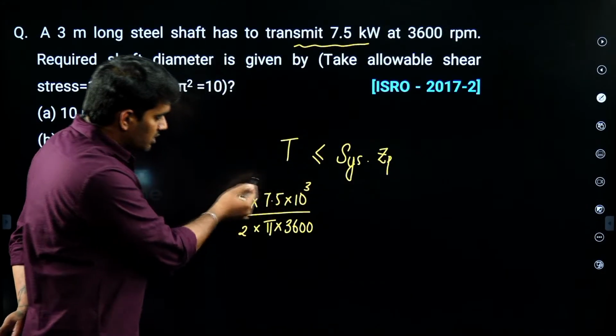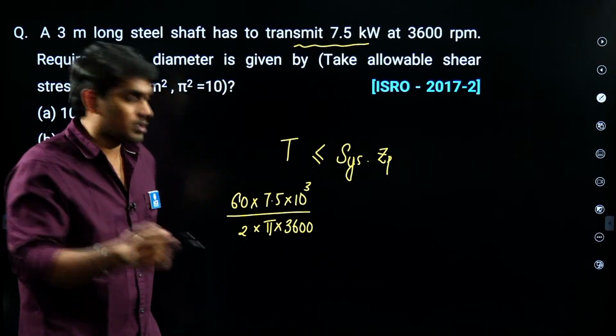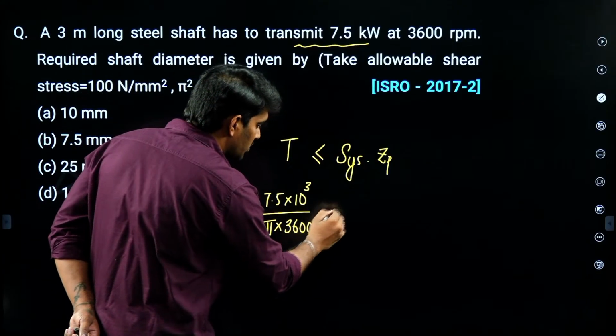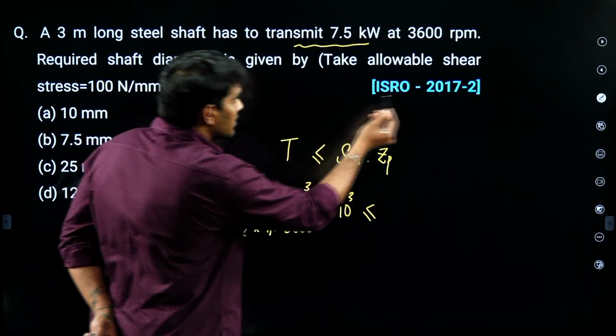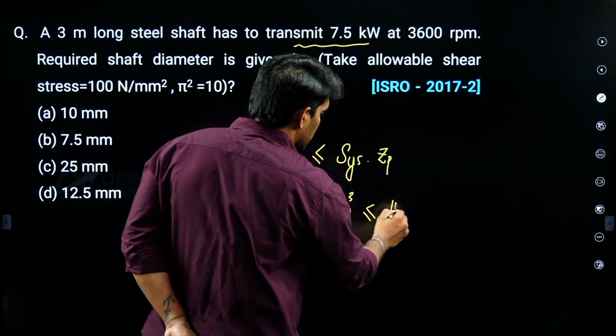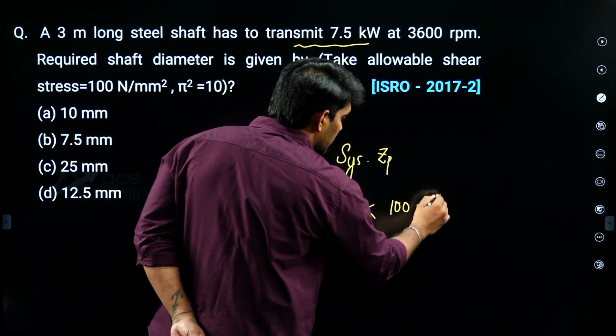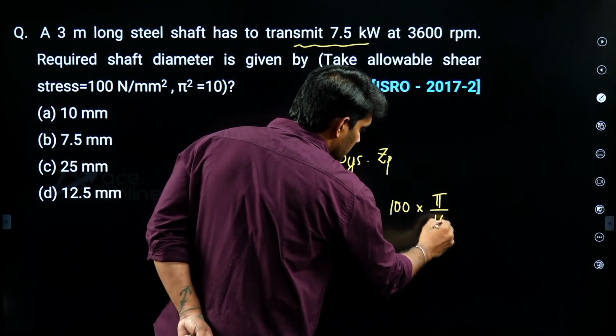The unit for this torque is Newton meter. We need to convert this to Newton mm by multiplying by 10 power 3. It is lesser than or equal to SYS, given as 100, into pi by 16 d